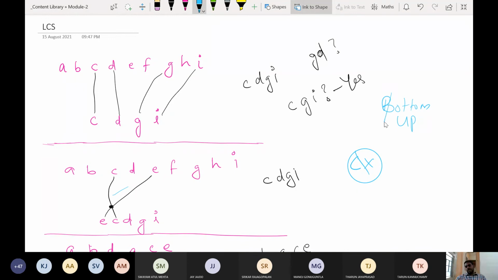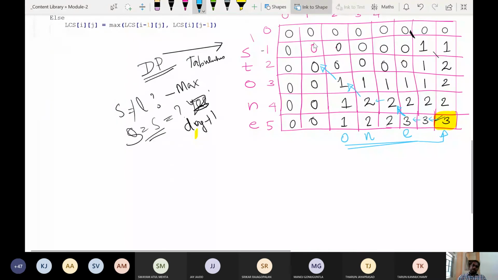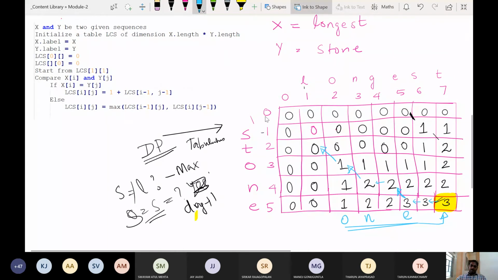Since we are starting from the last, this is a bottom up approach, and many of the dynamic programming techniques use bottom up approach. Even though the table is filled from top to bottom, the algorithm in fact uses a bottom up approach. You will be thinking, oh, we filled the table from top to bottom, and this guy is saying it is bottom up approach. In fact, it is bottom up approach because we are starting from the last. But you can fill the table from top to bottom.